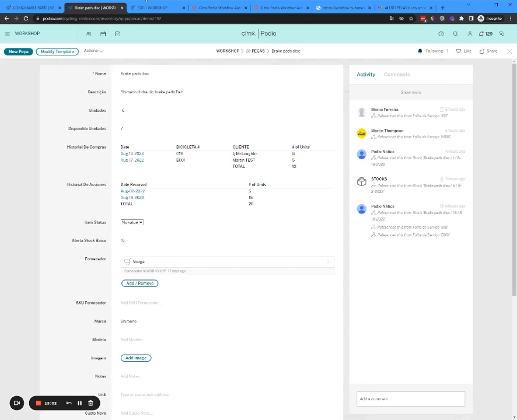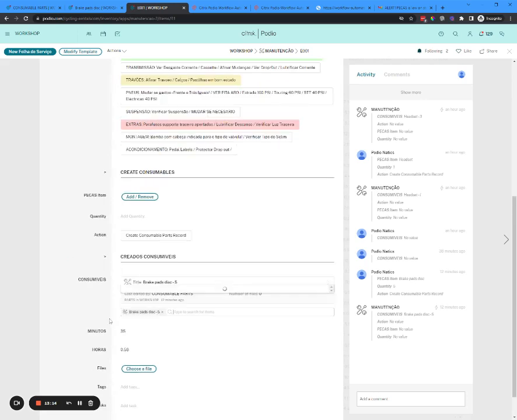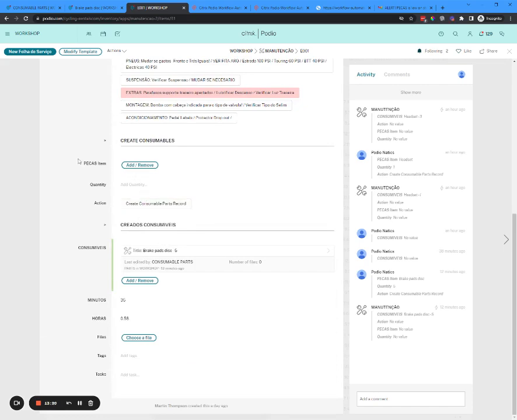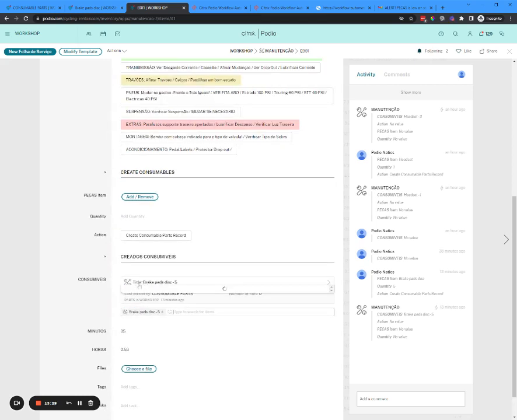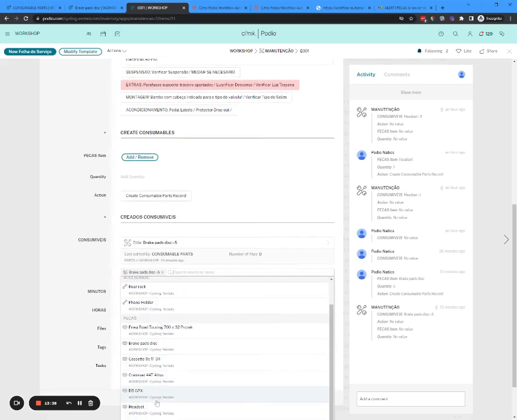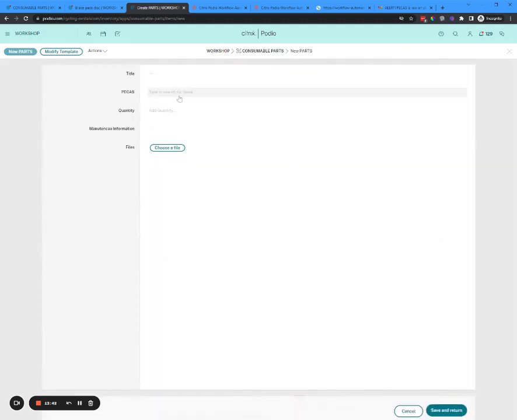And then for consumables, under the maintenance app, you should now be able to create, instead of adding the, what you call this, you need to add consumable parts using this field here, or you can do that manually by clicking this add remove button, then select create new, and select consumable parts. And then for example, another brake pad disc,